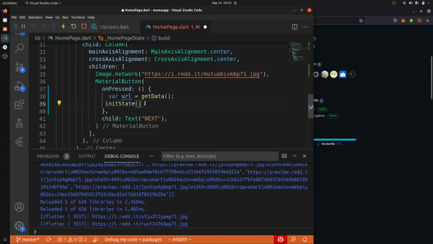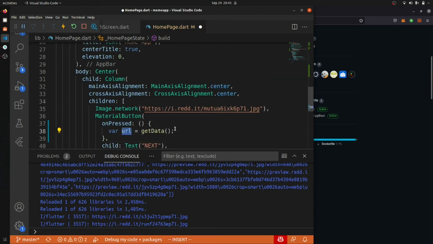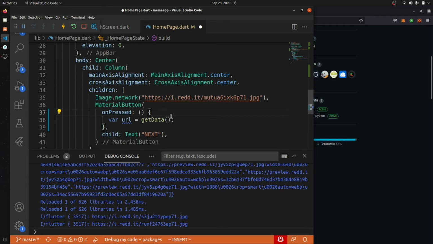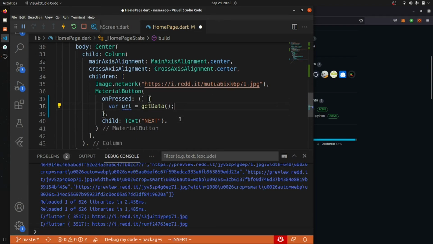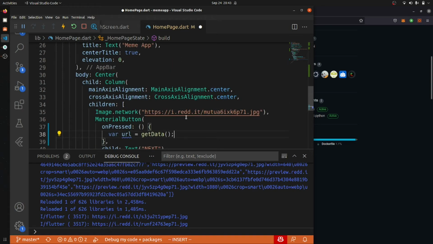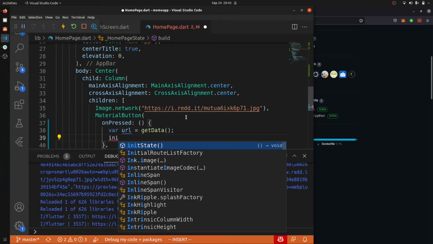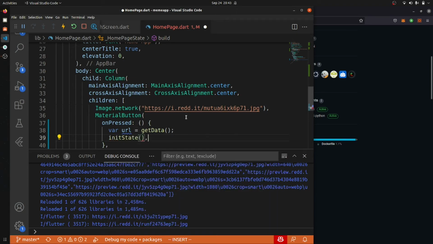Basically, what we need to do is maintain the state of this URL, and this URL will definitely change this thing. So we have to set the state, but I'm not sure why this is not changing the state.